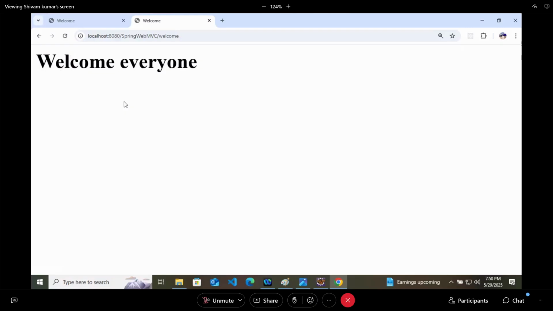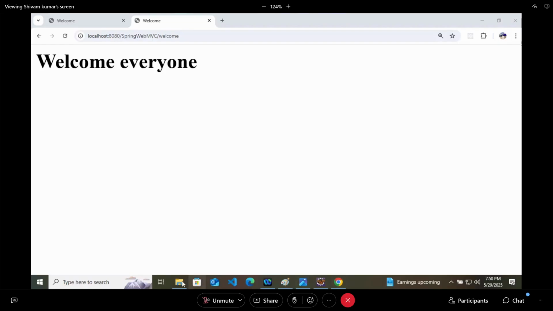And you can see that rest controller is also opening the same page, welcome everyone. Now it is the time to understand the difference between controller and rest controller so that you can understand the things.